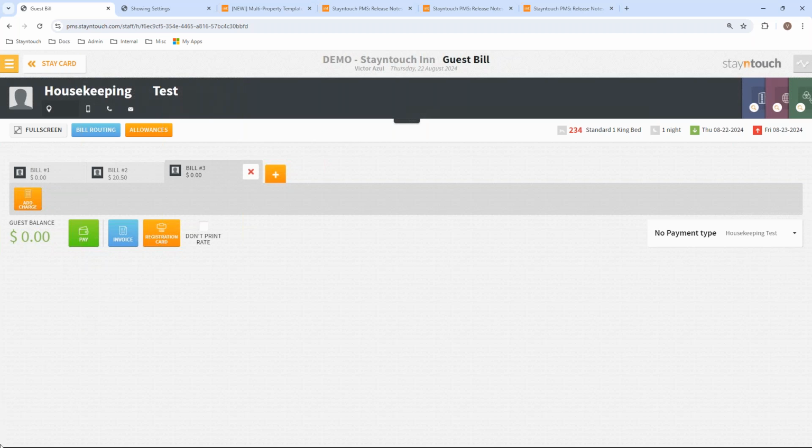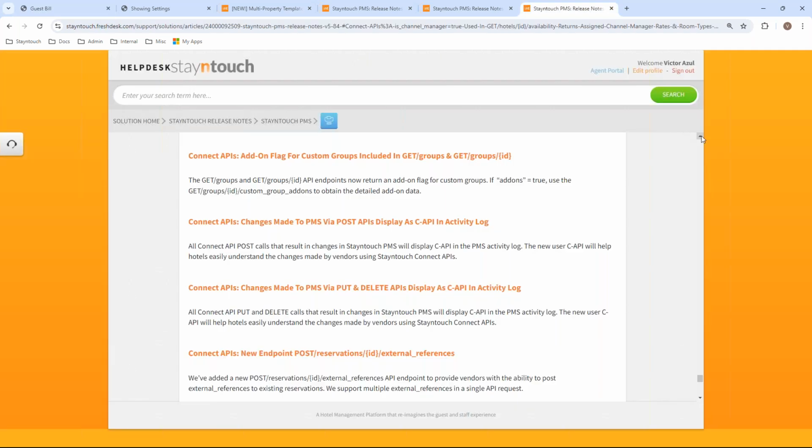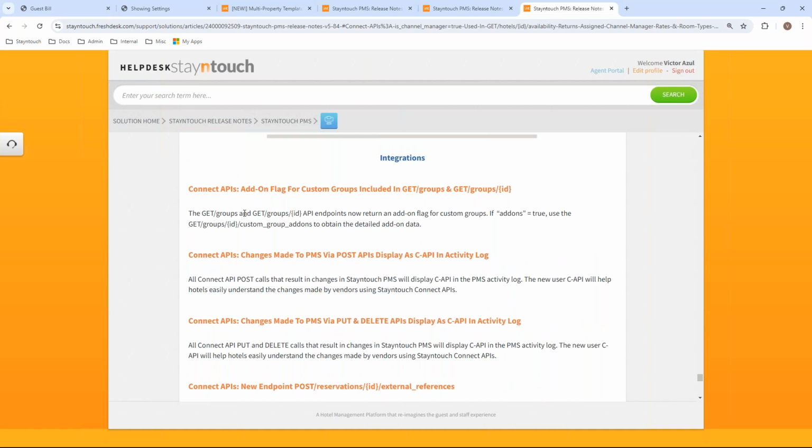All right, the last feature enhancement with the release of version 5.84 here is related to API enhancements. I'm not going to go too much into detail with this. Again, these are on the release notes here, but I just wanted to showcase this. It's at the very end related to our integrations that we just enhanced some of the features with the Connect